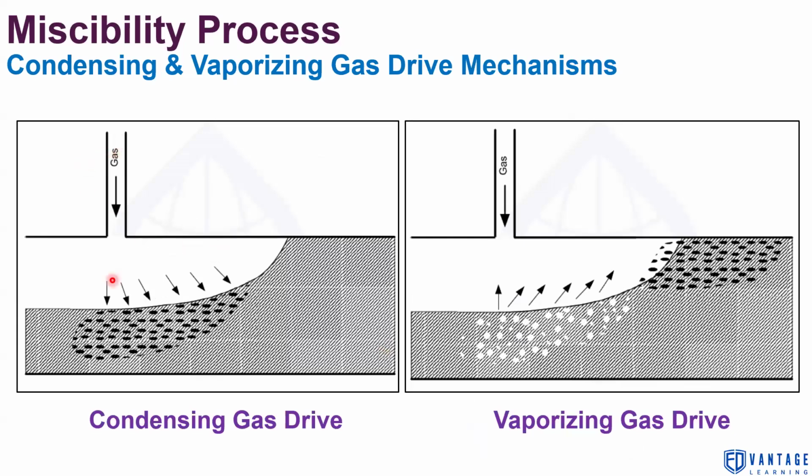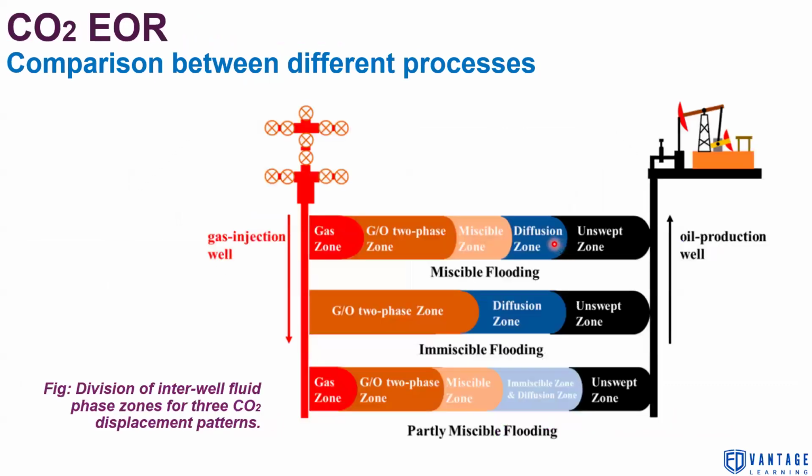So when I inject gas, what happens? The gas gets condensed because oil is very heavy. So there is mass transfer between CO2 and the in situ oil. What happens to achieve miscibility? There is a lot of mass transfer happening and this gas is getting heavier or getting condensed. But in vaporizing gas drive, since oil is lighter, what happens? The injected gas also gets vaporized because there is mass transfer between oil and gas. So these two processes are